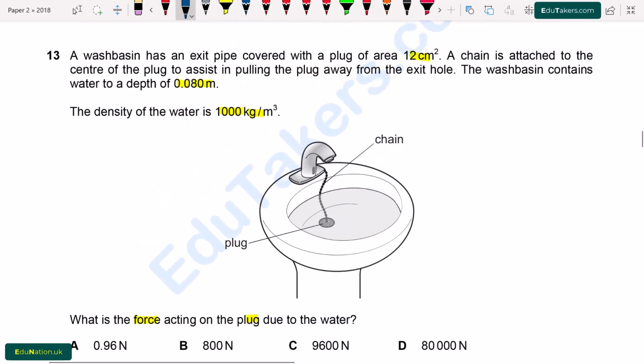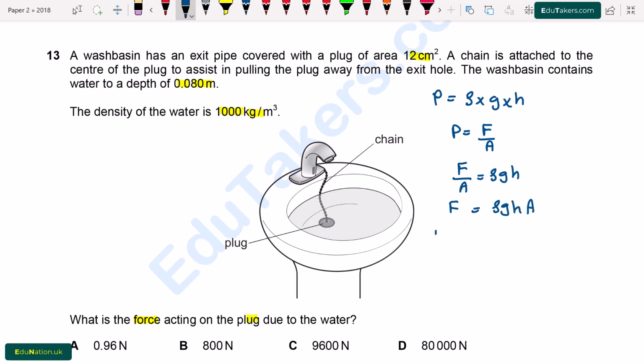We know that pressure is equal to density multiplied by g and height. Also pressure is equal to force over area. As the left hand side of both of these equations are same, so right hand side should be same. Force over area will be equal to density multiplied by g and height. So force will be,